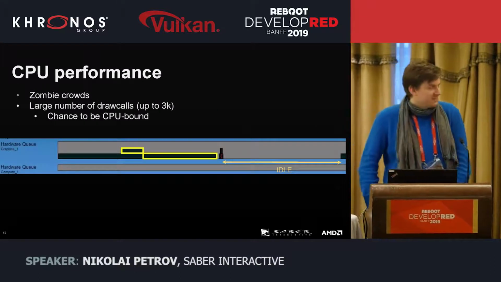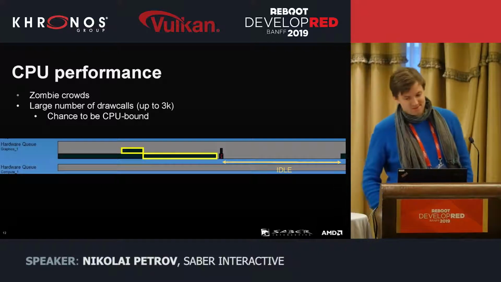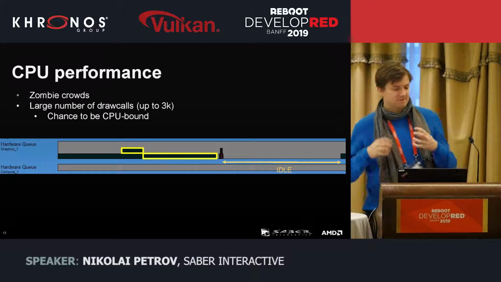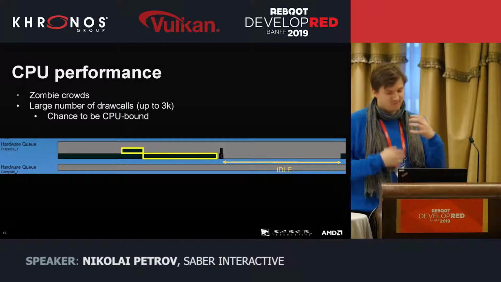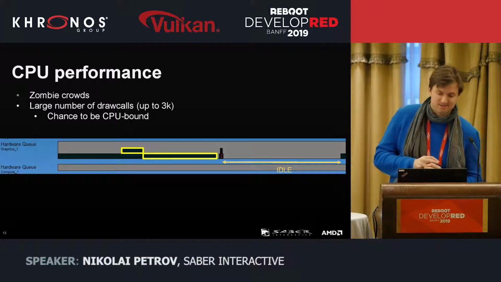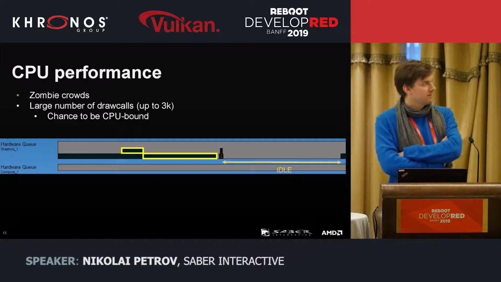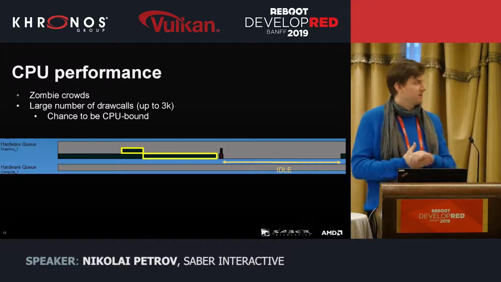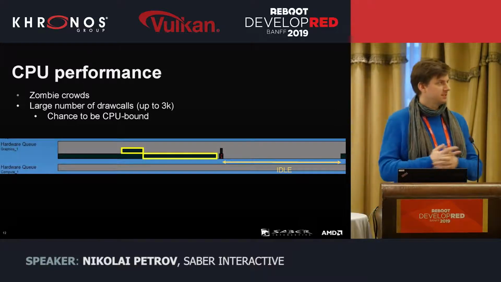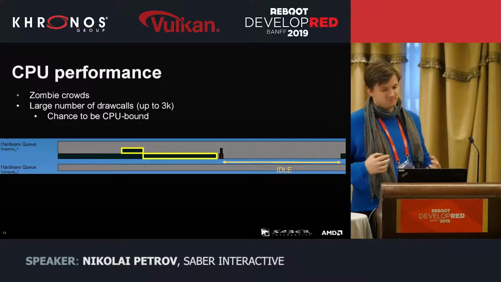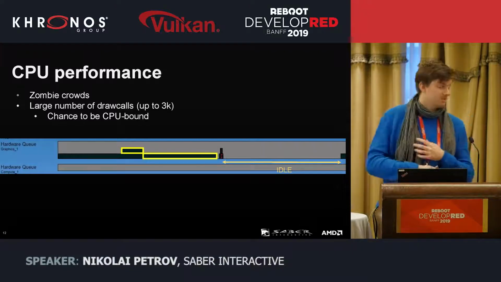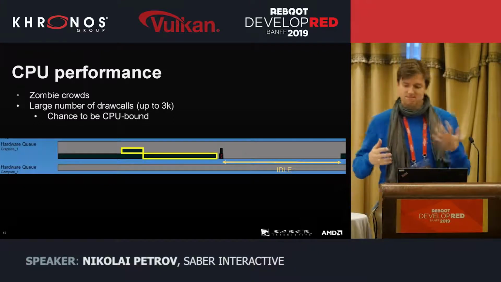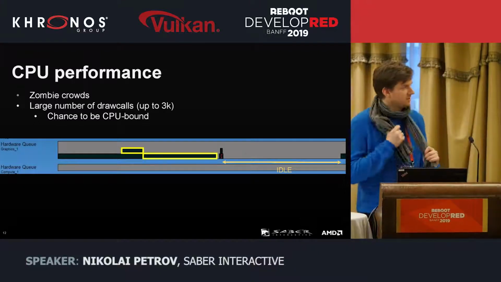One of the brightest features of World War Z is the ability to show thousands of zombies on the screen at the same time. It helps to immerse the player in the atmosphere of the zombie apocalypse. As a consequence, you can easily get a situation when the three main frame passes, like depth, shadow, and color, have a huge number of draw calls. So the CPU preparation cost becomes bigger, and your GPU starts idling while waiting for a new bunch of